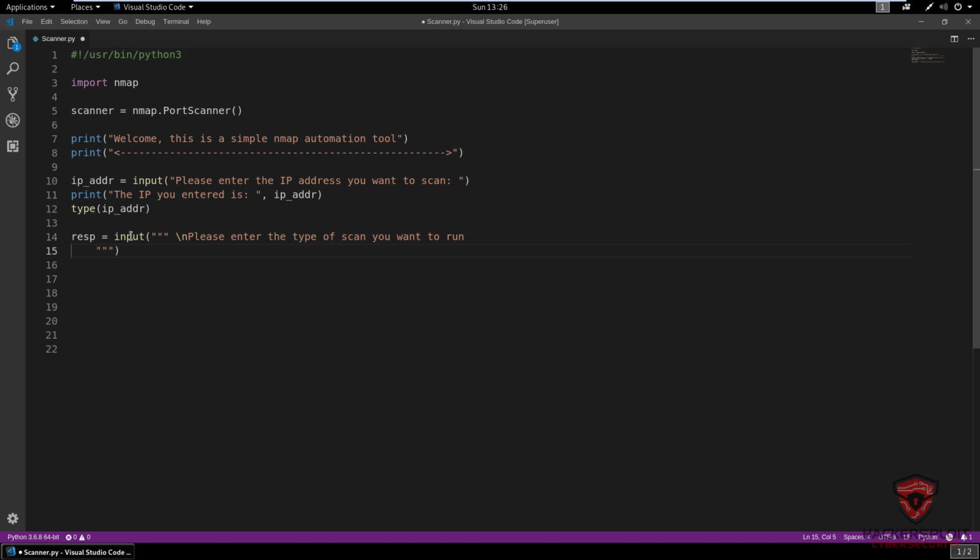And let me just tab this right over here. We can indent it so it matches that, and we're just going to say option 1 is going to be, let me just make sure that is correctly lined there. Sorry about that. Let me just indent that correctly. All right, there we are. So we're going to say option 1 is going to be a SYN ACK scan. So SYN ACK scan,